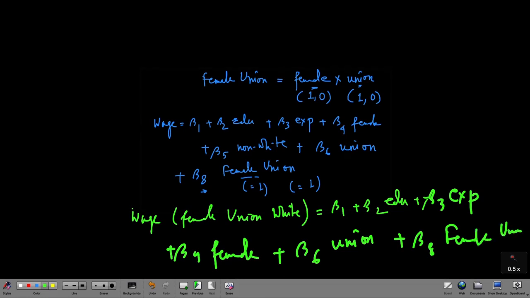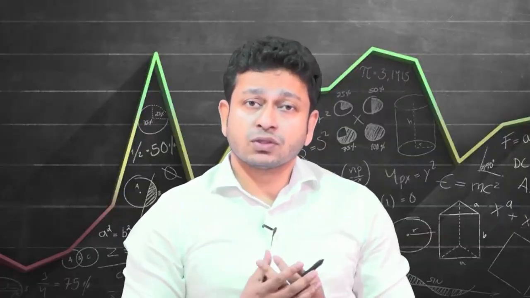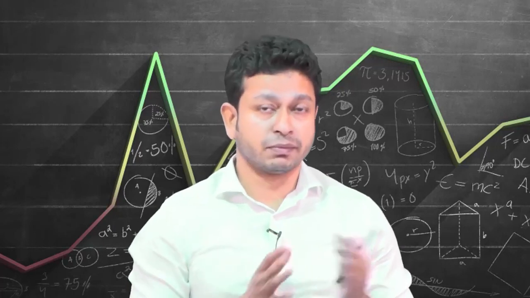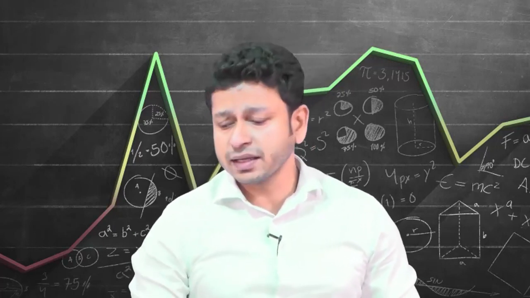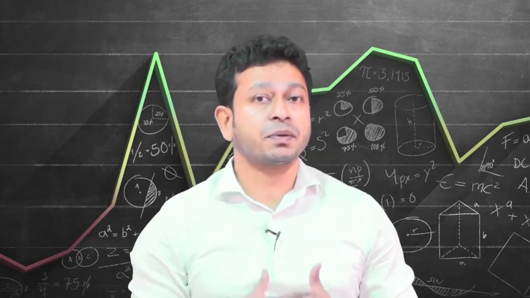But had it been male, this term would have been 0, and I would not have included it. Had it been female non-union, I would have excluded beta 8. So this is how we will understand the reduced form equation when we are including the slope dummy. One thing we have to keep in mind is that here I have only used 1 or 2 slope dummies, so female education, female union and so forth. But if I actually allow all the possible combinations to be present,